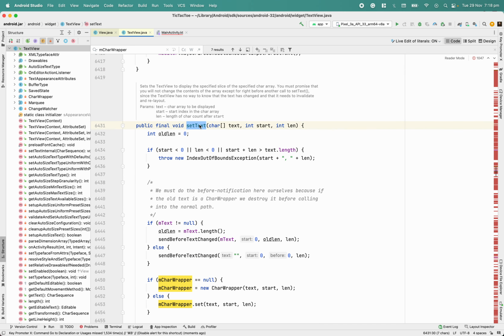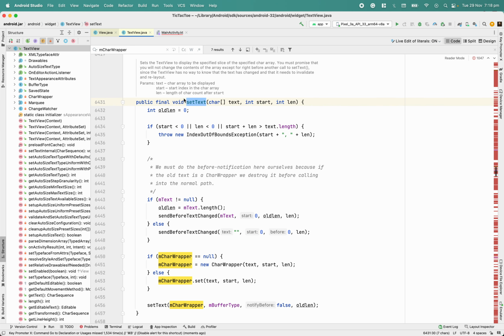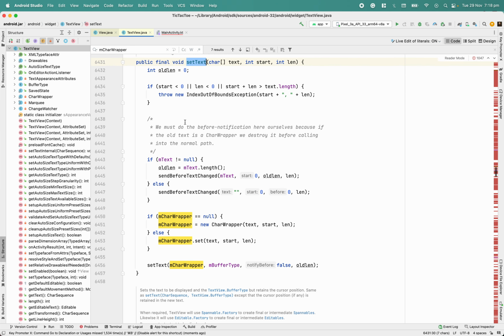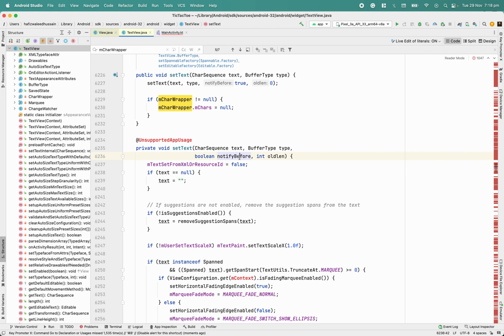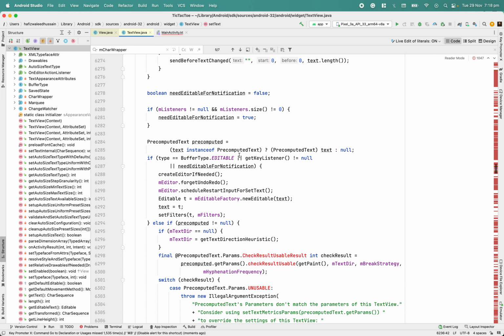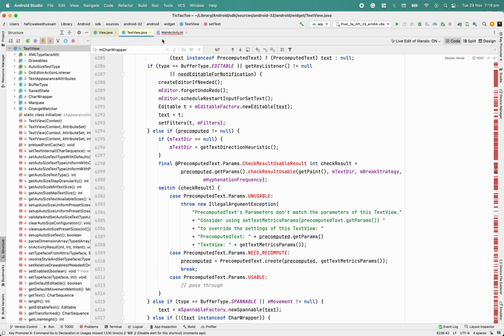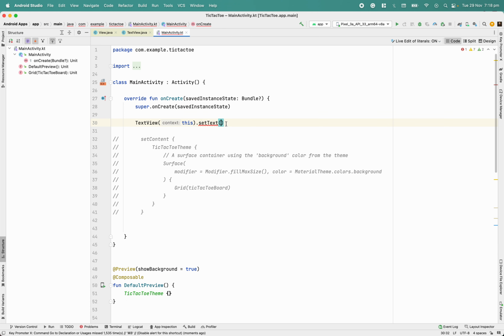Then this is also a set text method that sets the text view to display the specified slice of the specified character array. In this case, what they are doing is sending the API or notifying, then creating a new character wrapper. And if it's already there, then they are updating that, then they are calling the set text method again. And so this method is the one responsible for painting that text. Can we try to do something? But in this case,